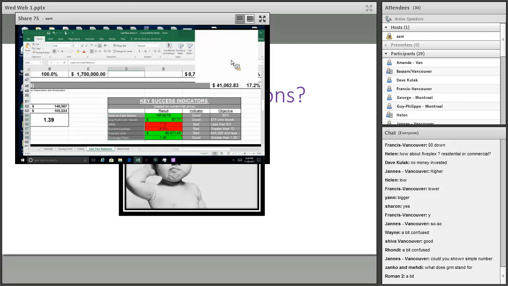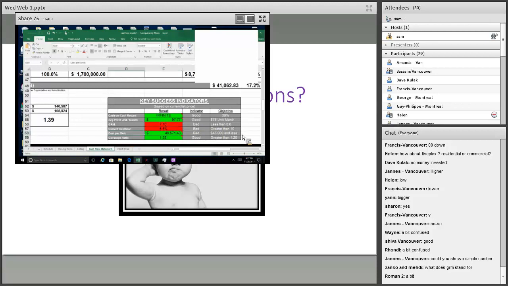GRM stands for gross rent multiplier. I'll come back to those two. I don't want you to stress or worry about it, but these metrics are important to us because they protect us and make sure that the property is in good health as an investment opportunity. So we'll come back to it. It is important, but you're going to go through this several times through properties. You'll get a better idea, I promise. The best thing you can do is play around with it and go through the properties, and you'll start to see what is an opportunity and what's not.